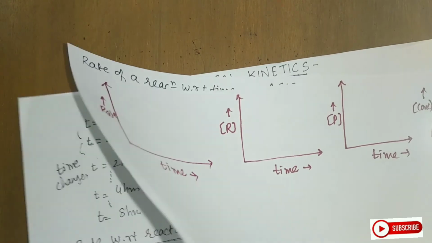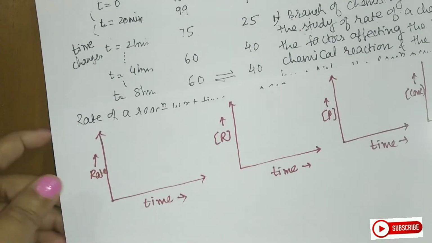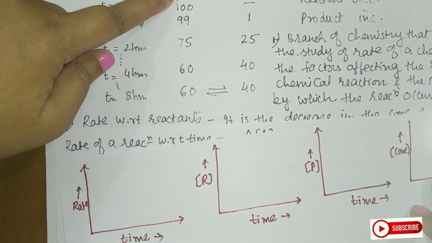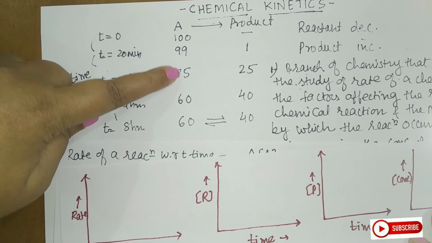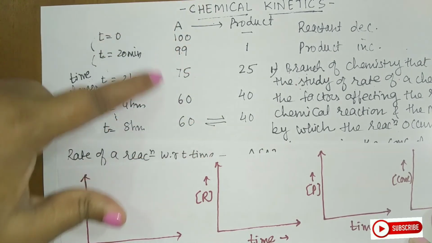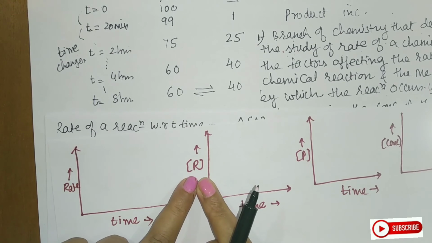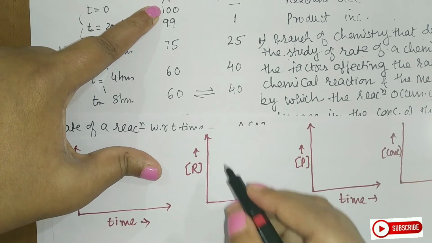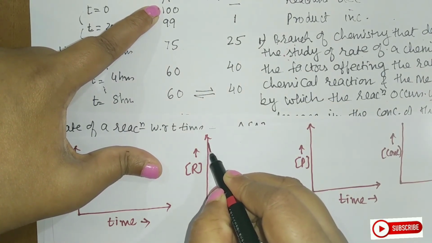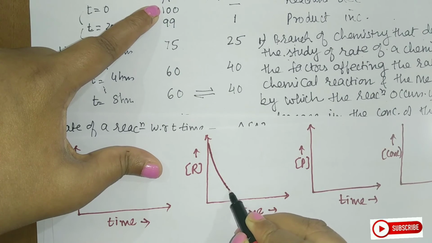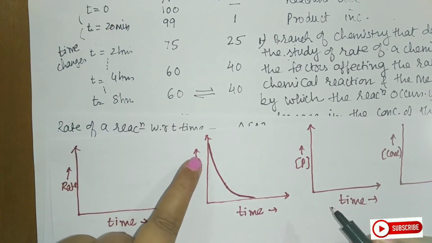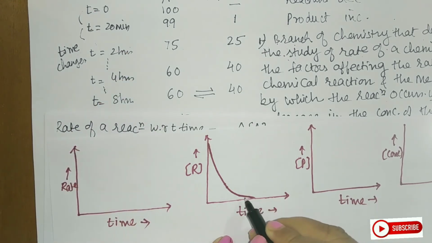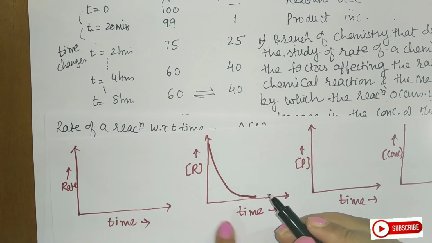For that, I will take help of the experiment we have studied. So now students, this is the first one we have seen here. The concentration of the reactant decreases with respect to time. Initially the concentration was very high. So I will start from here, and after that it goes on decreasing, but it will never become 0. So I will draw the graph in this way. This is for the reactant concentration with respect to time. So it will remain something like this. So this is the first graph.